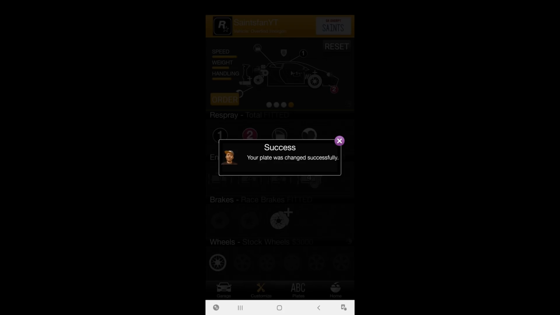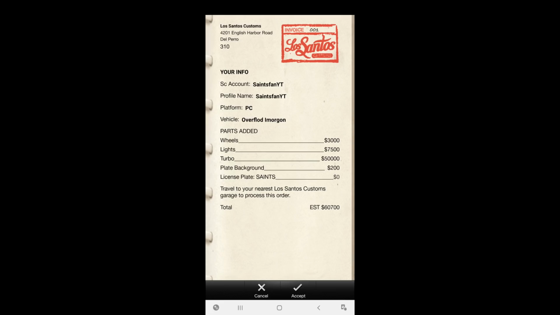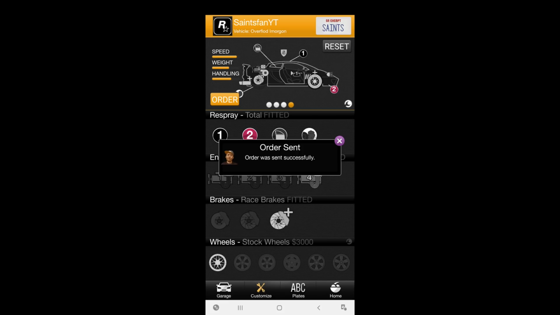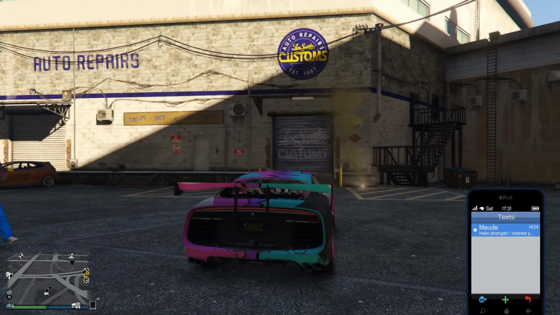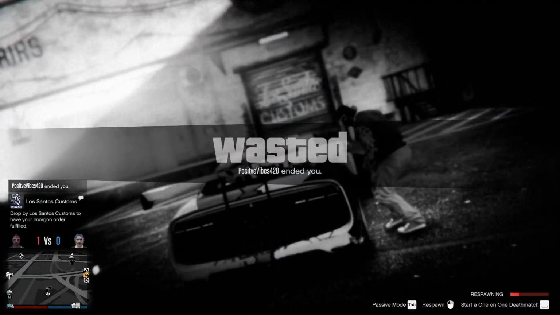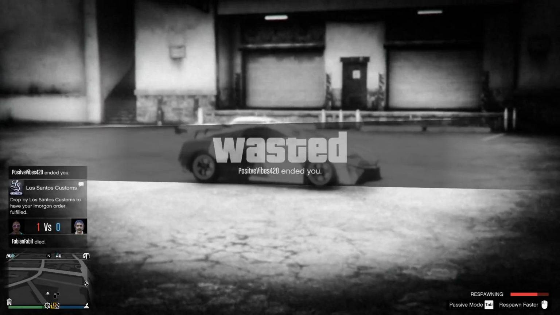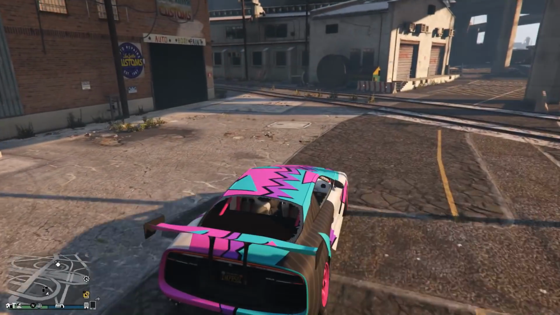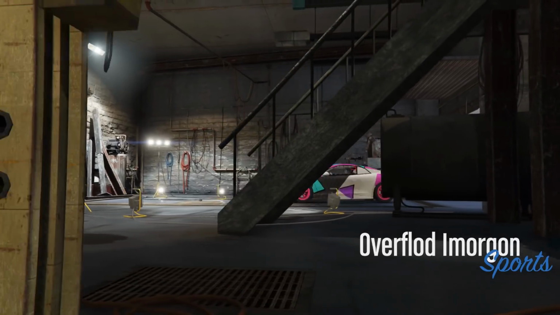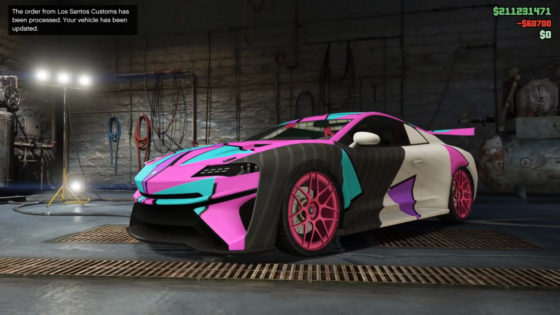For me, it cost 60 grand because I think I bought a couple other things. But from here, we're simply going to go back into GTA Online, and in a couple of seconds, you'll notice that you'll get a text message from, I guess, the custom shop, and it'll say to go to the Los Santos Customs to fill your order. So that's simply what we're going to do. We're going to go to LSC, and once we get inside, we're just going to confirm the order, and now